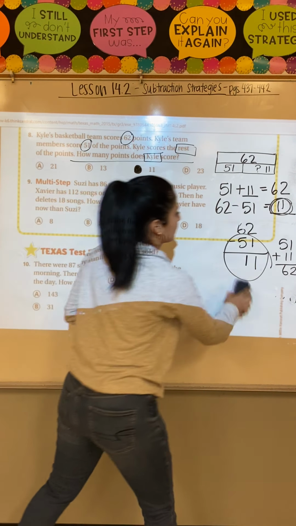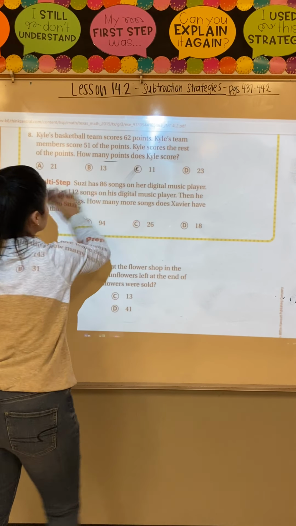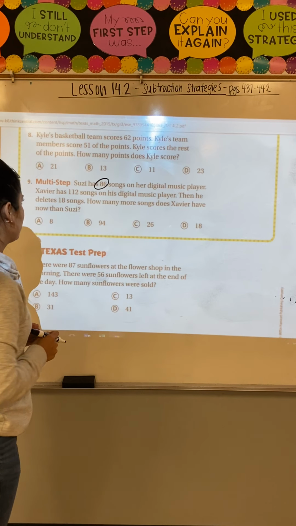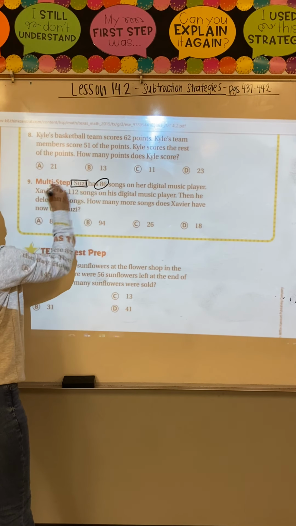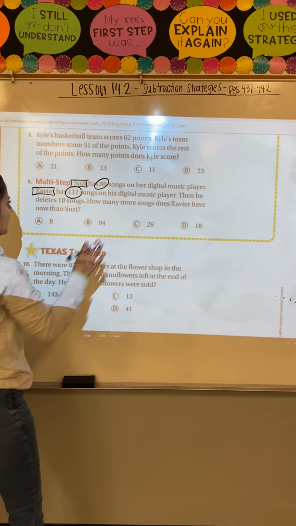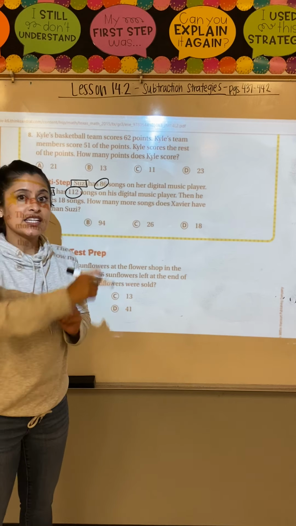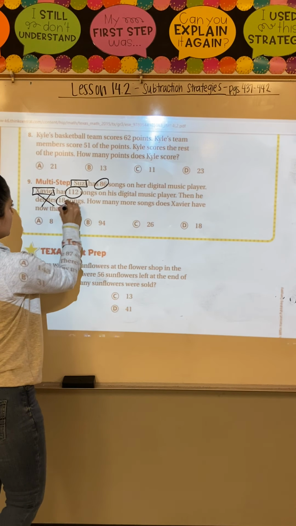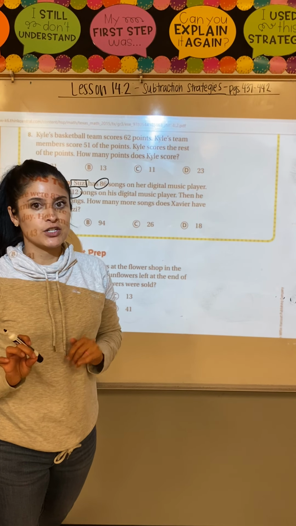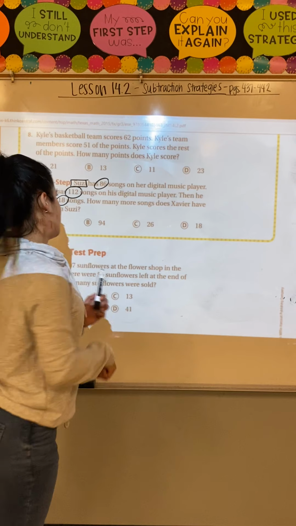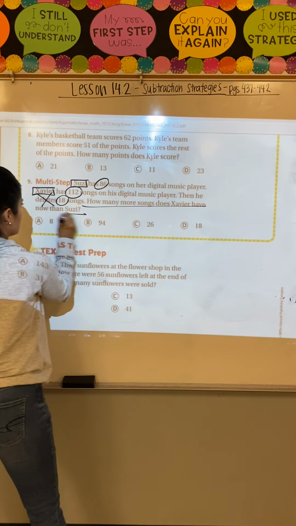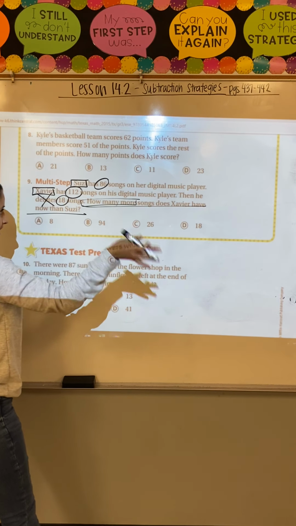Number 9. Susie has 86 songs on her music player. Xavier, a different person, has 112 songs on his. Then he deletes, gets rid of 18 songs. Whenever I put that X here, please don't confuse that with a multiplication symbol. I'm just slashing it out, meaning he got rid of 18. Okay, how many more songs does Xavier have